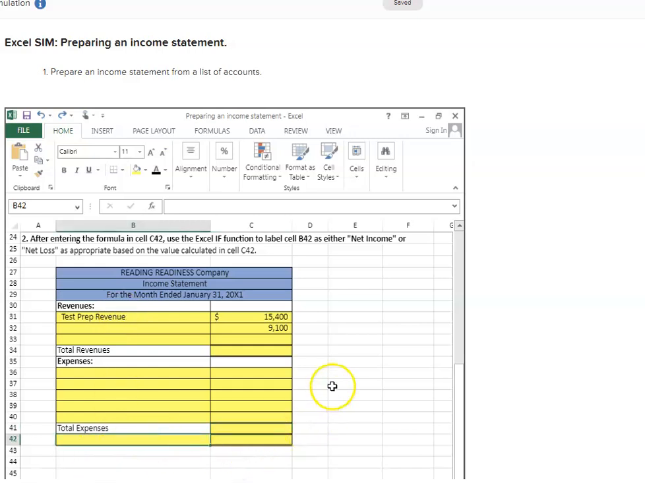Profit margin. So this is going to be a little more complicated because it's asking you, it says right here, after entering the formula in cell C42, use the Excel if function to label cell B41, that's this one, as net income or net loss as appropriate based on values collected in C42. Okay, so we're going to take all the revenues and then all the total expenses, and what? Our net revenue is going to be,